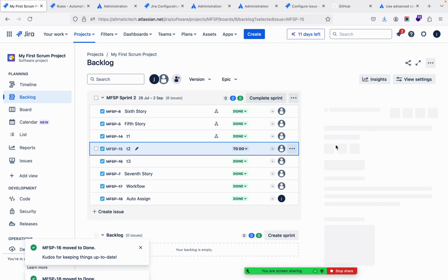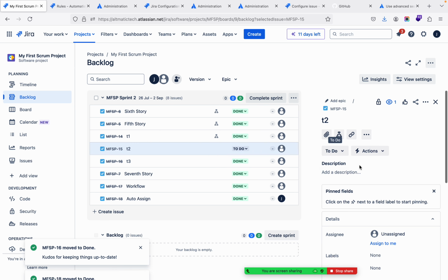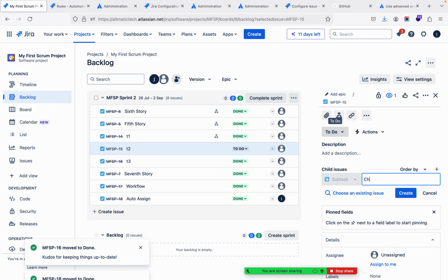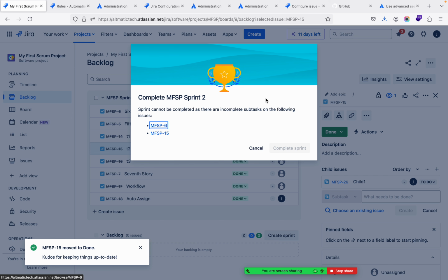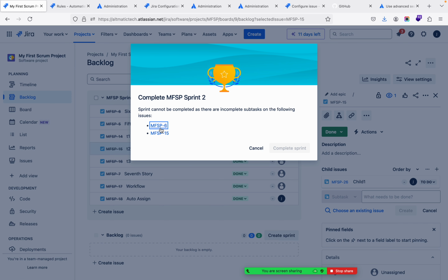And suppose this task has one child, right? And if you try to mark this, and let me mark it done, right? And let me complete this sprint. You see what you are getting here? A sprint cannot be completed as there are incomplete tasks on the following: MFSP 6, MFSP 15,